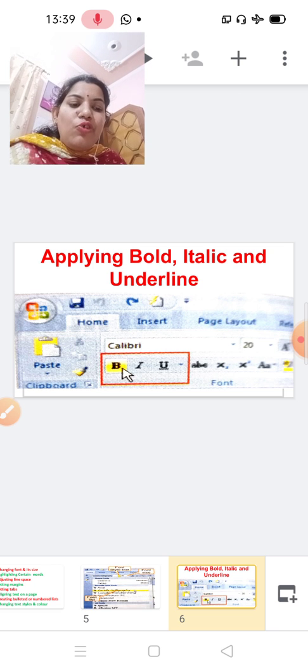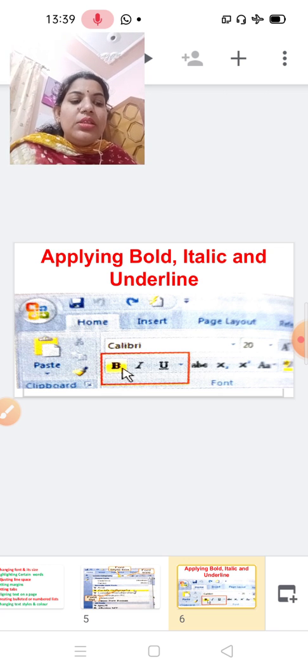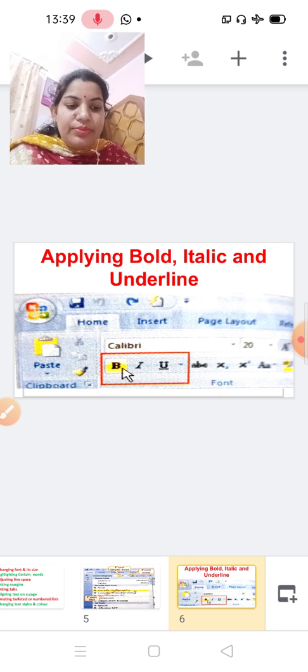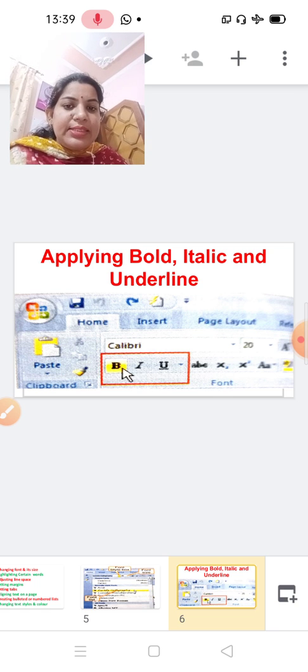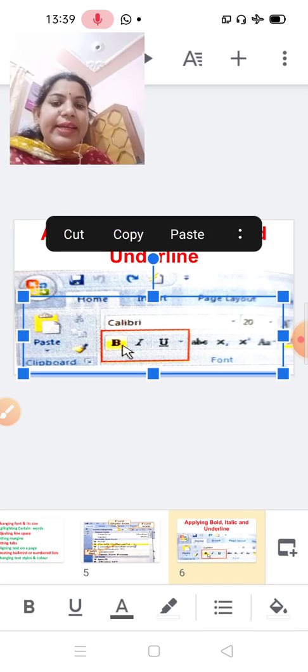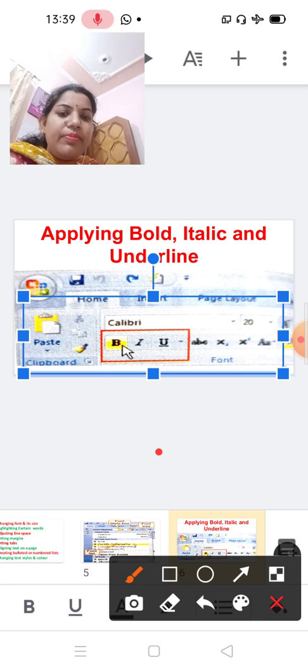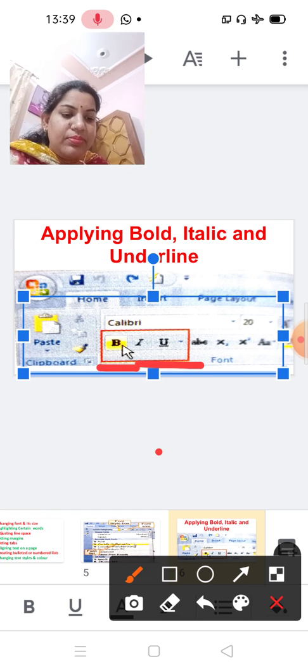Next is applying bold, italic, and underline. The options of boldface, italic, and underline are used to emphasize the text and catch the reader's attention. First of all, you have to select the text, then click on the button bold, italic, or underline in the font group of the Home tab.